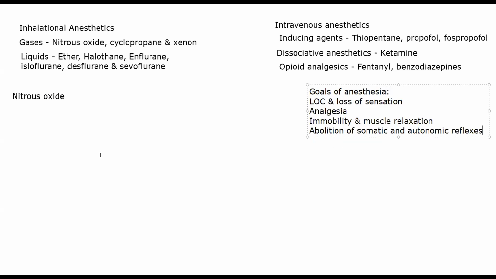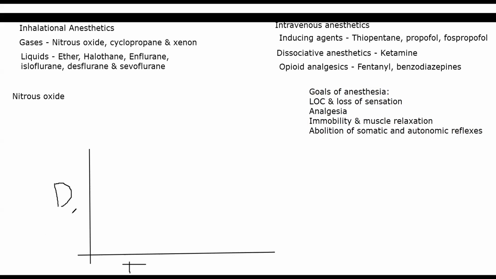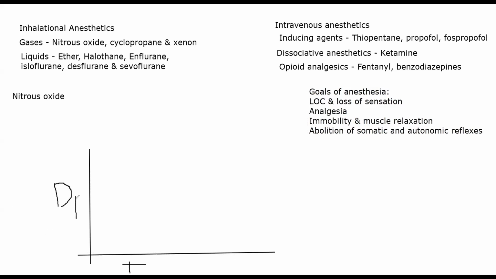Now, nitrous oxide, okay, it is a very light anesthetic. So generally you will have to add something else along with it. All right. Advantages of nitrous oxide is basically it is a good analgesic, and induction and recovery from anesthesia is rapid and smooth, meaning it will induce very quickly. So if I draw this graph again, on the x-axis I'm taking time, okay, and on the y-axis I'm taking the depth of anesthesia. Okay, so this is depth, I'll just put it as dp.